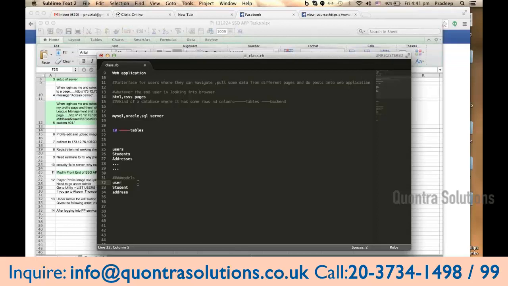Rails follows a naming convention: the model name should be singular, and your table name should always be plural. My table is users, which is plural, so my model name is user, singular. Similarly, the student model is singular, as we need to follow in our Rails app.